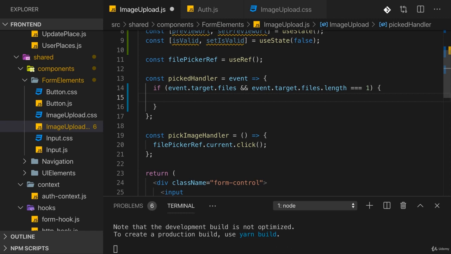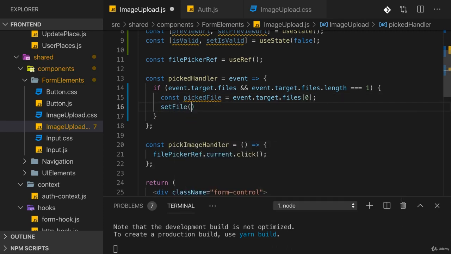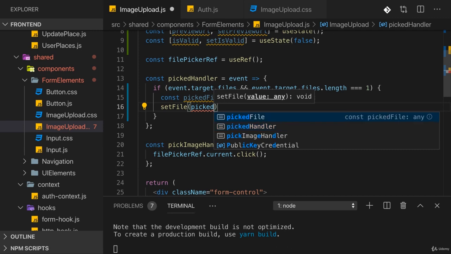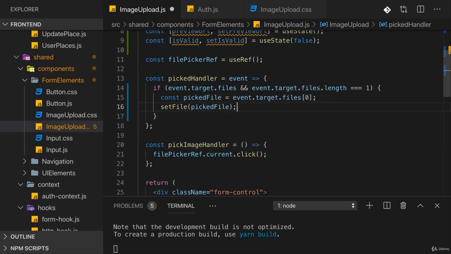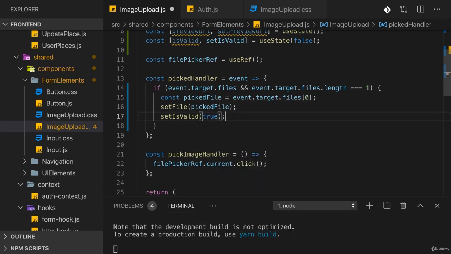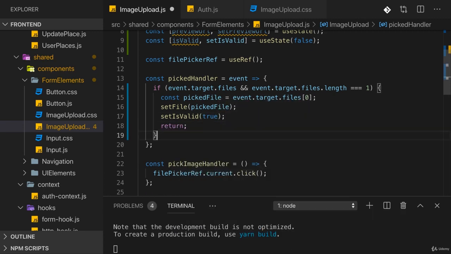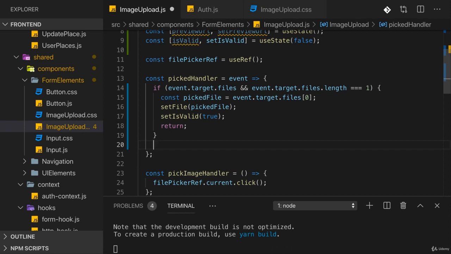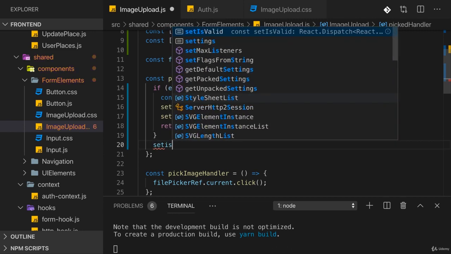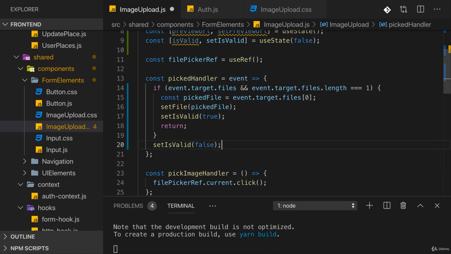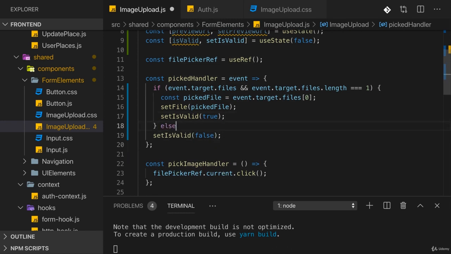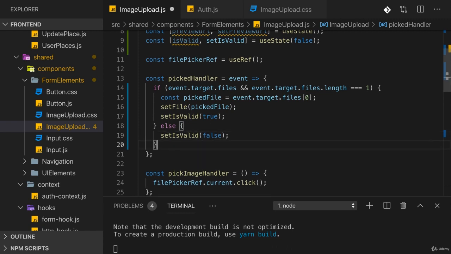Because if that is the case, I want to extract that picked file from event target files and get the first and only one. And then call setFile and set it to my picked file, to the extracted file. I will also set isValid to true thereafter because we have a file, and then we can return to not execute any other code. Otherwise, if we don't make it into this if statement, we know we picked something wrong. Well, in this case, I want to set isValid to false here. And actually, we can remove the return statement here and instead do this in an else block, because then after